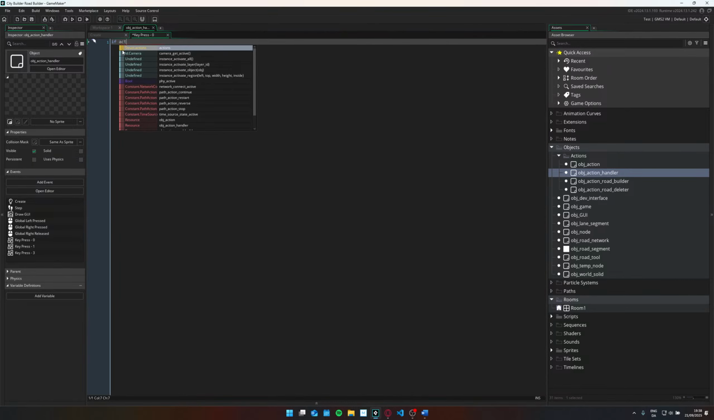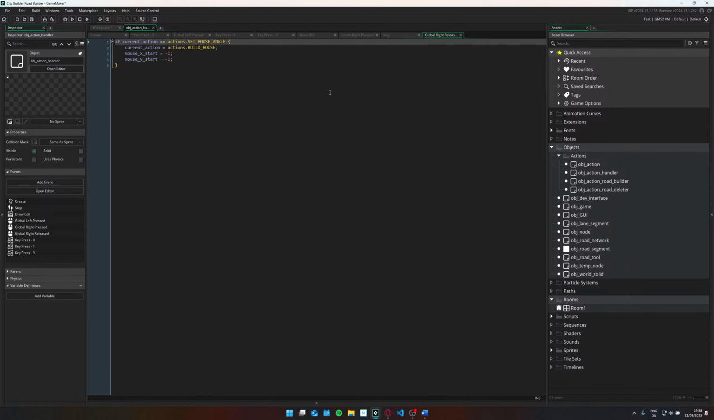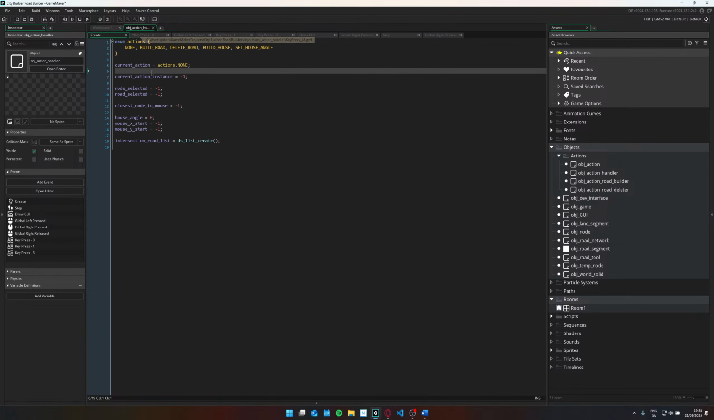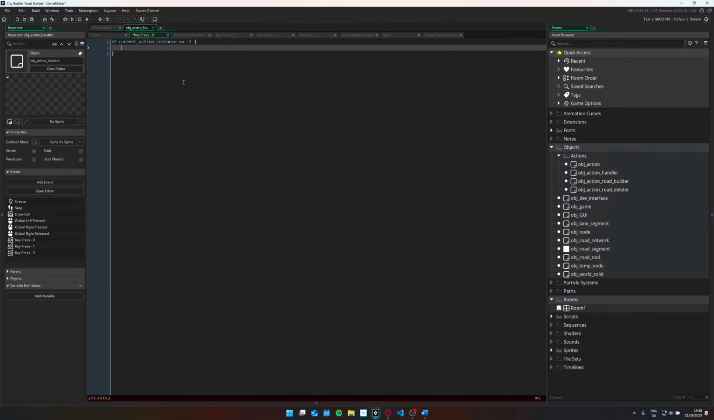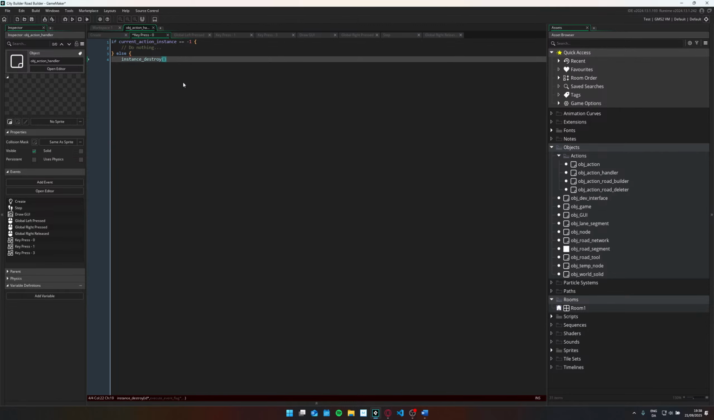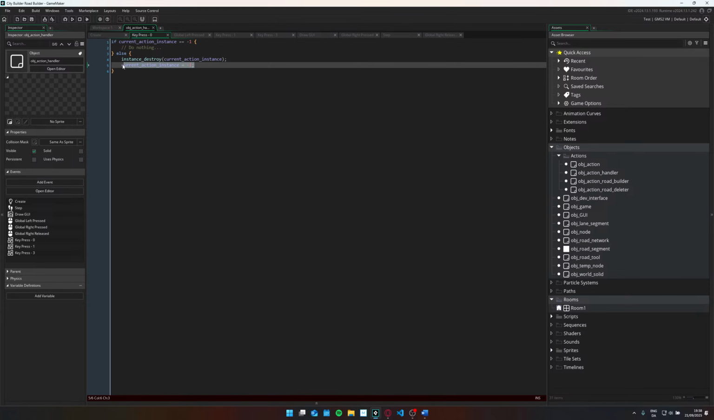And then we can say if current action, just open all this up before I mess everything up too much. Current action instance is equal to -1. Then again, do nothing, else. Should be able to just destroy it. Perhaps we're not right now, but I think we should set